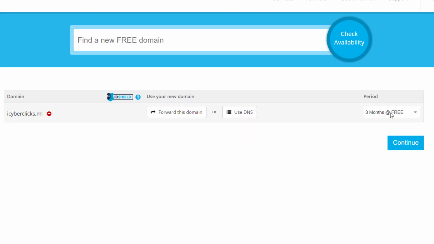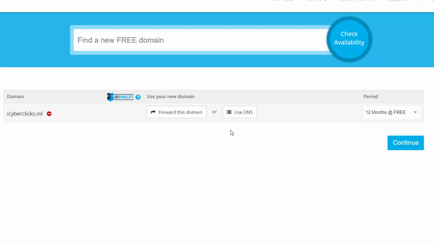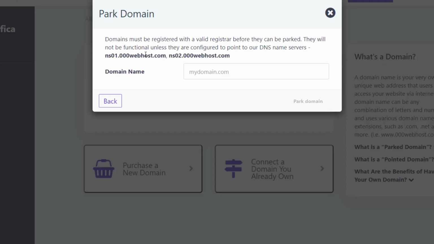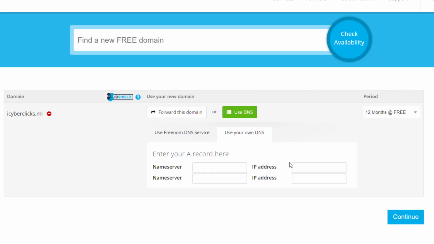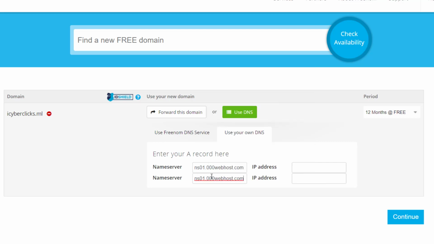On this menu, I'm going to select the free period of 12 months, the maximum, and I'm going to access use DNS, and here I'm going to click the sub tab use your own DNS. So I'm going to copy this DNS name server and paste it here as well as here.